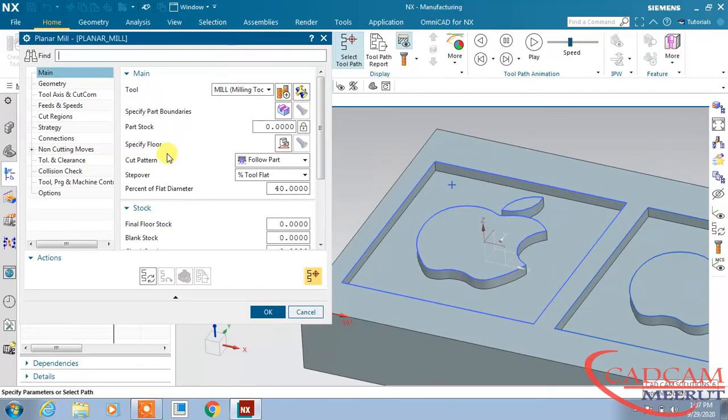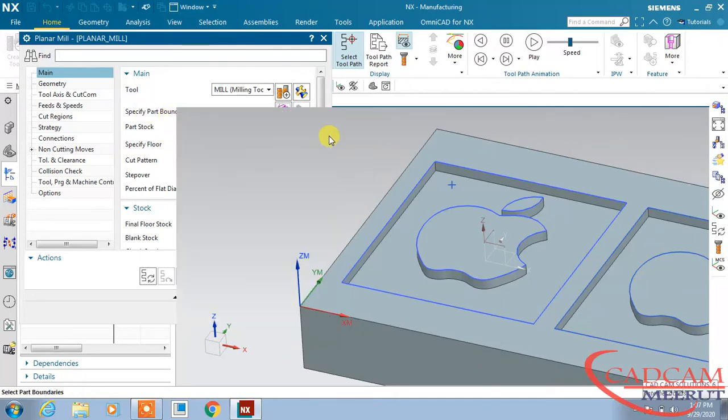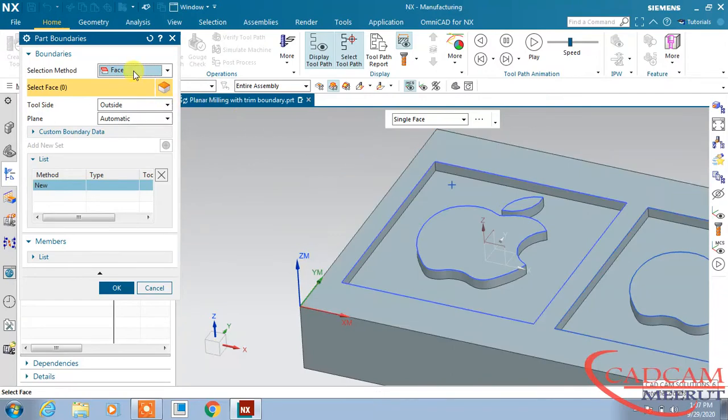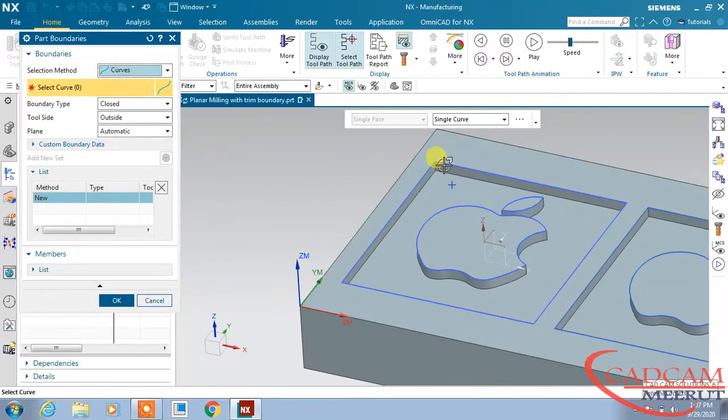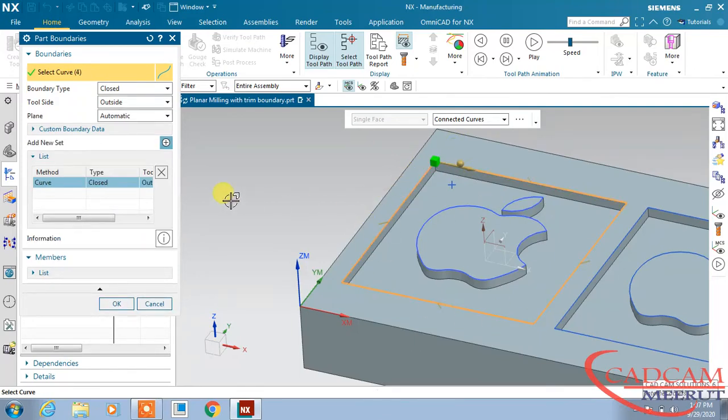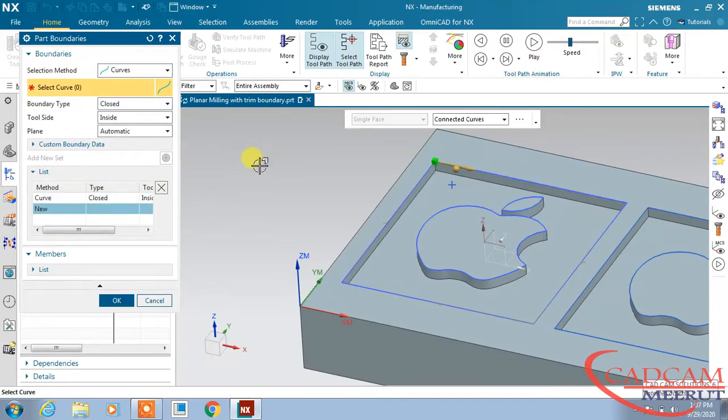And here in this window first we have to define the part boundary. So click and change this selection method to curve. With the help of this curve we will define our part, and this is my part. And cutting area, first you have to keep in mind my cutting area is inside this boundary, so the tool side will be inside. So this dot, this point is my tool position, so the tool will come inside the boundary, and add new set to define